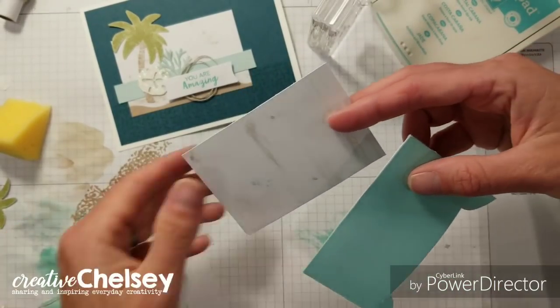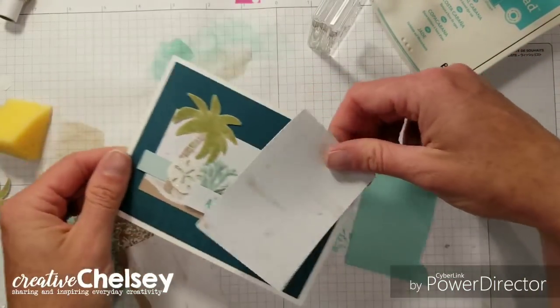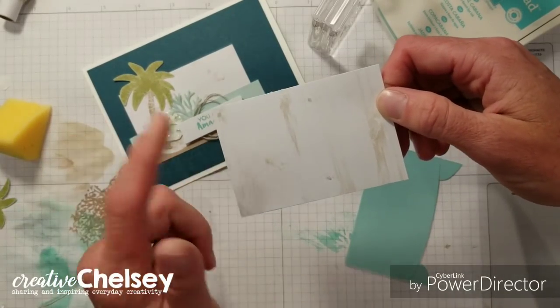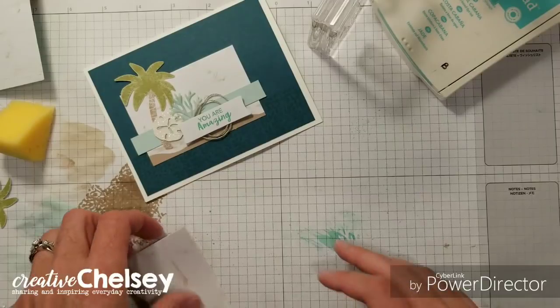Oh, you know what? I'm so funny. This isn't being used here. I just remembered that there was one card I didn't use this on. So you can save this for your other card. Okay,